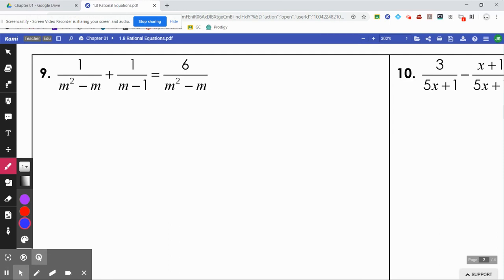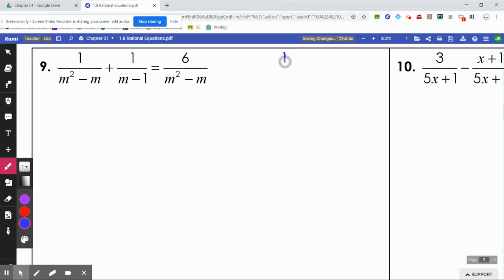Okay, number 9 will work with proportions. So to solve this with a proportion, we're going to have to combine these two. So before we combine them, we're going to have to find a common denominator. So let's do 1 over m squared minus m. I'm going to factor that so that we can find a common denominator. We've got to add that to 1 over m minus 1,